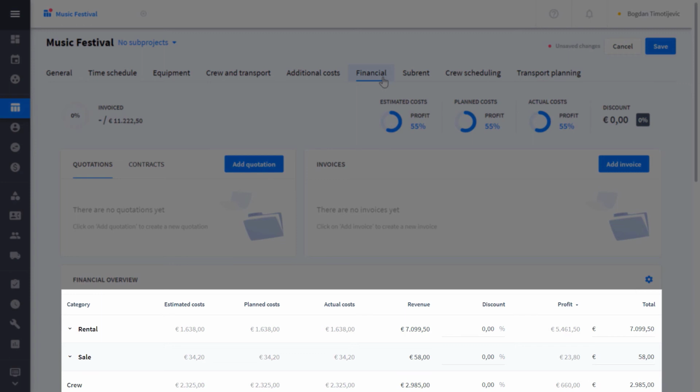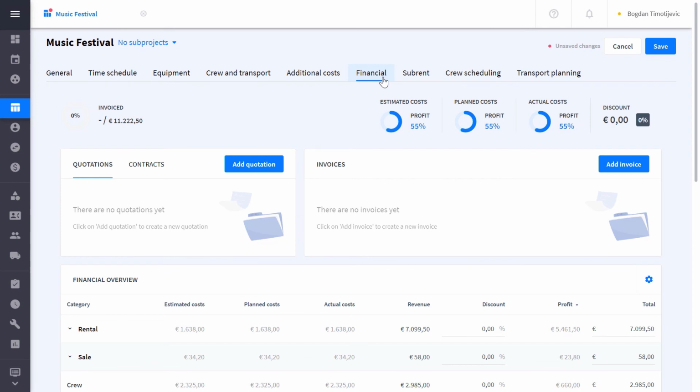Estimated costs are what you quoted. Planned costs are the prices of crew planned or expected sub-rentals. And finally, the actual costs come through when the crew register their time or sub-rental projects are confirmed with the supplier. If your crew worked overtime or your supplier agreed to a new sub-rental price with you, this will be shown here. This way, you will always be able to easily compare your estimates to the outcome and improve your estimation process through the quoting phase.